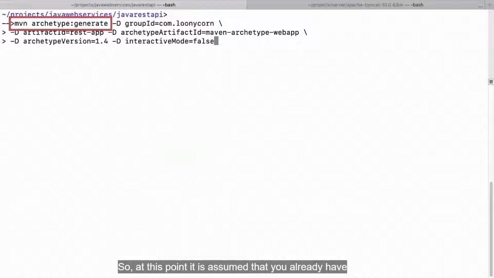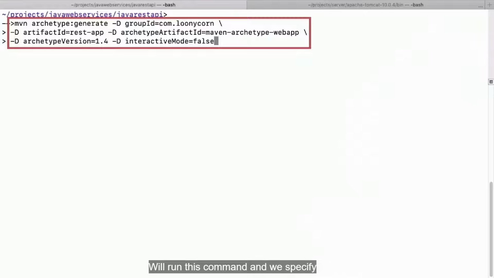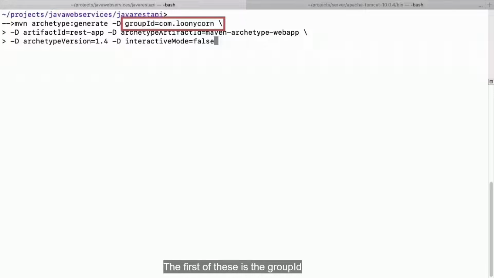So at this point, it is assumed that you already have Apache Maven set up on your system. And just for reference, I have Maven version 3.6.3. And in order to build out the stub of a project for the Java REST API, we'll run this command and we'll specify a number of different parameters following the dash uppercase D flags. The first of these is